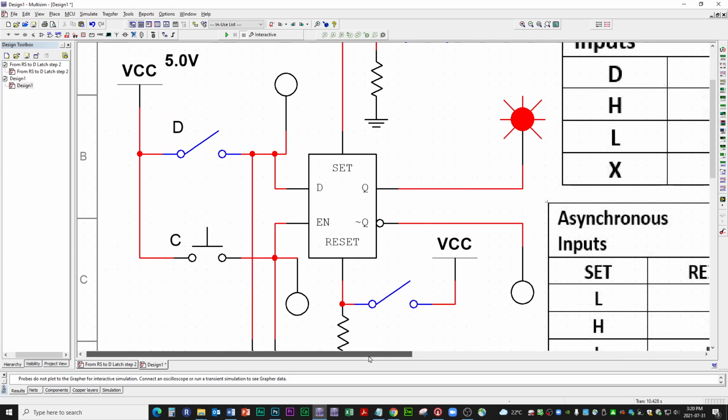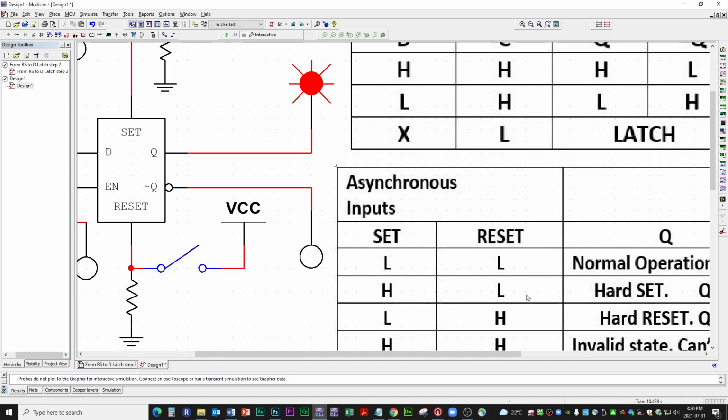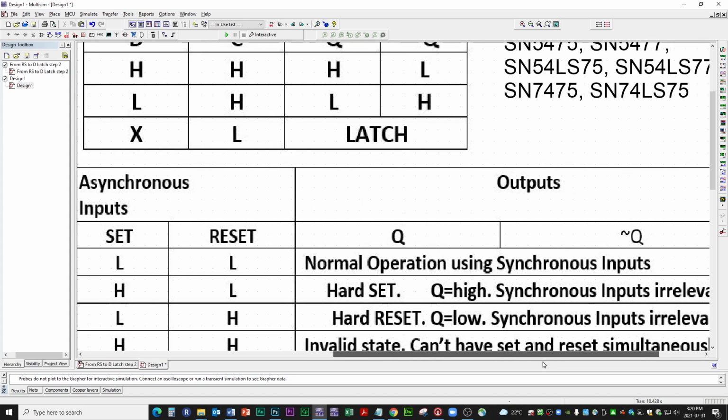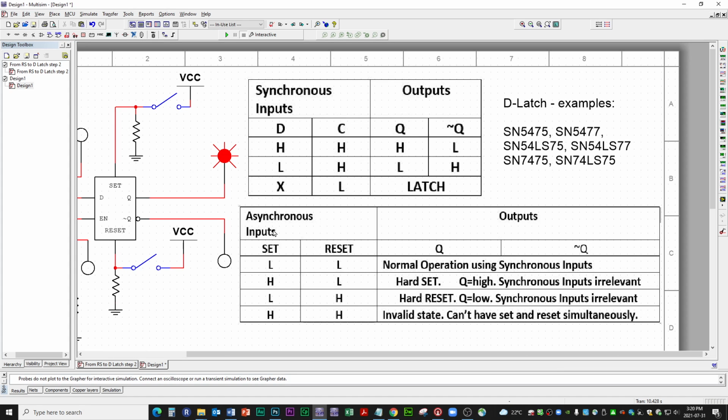All right, let's take a look at the truth table here. Asynchronous inputs. Set low, reset low: normal operation. Please refer to the synchronous inputs. Good, because the asynchronous inputs are not activated, since they're active high and sitting low. So there will be no set, no reset condition. It's just as if they were not existing. And here, when one of them is high and the other one is low,